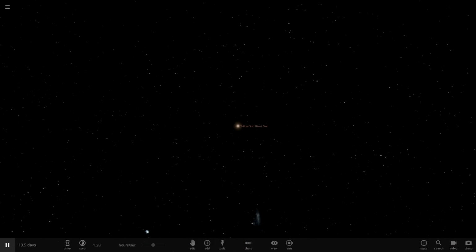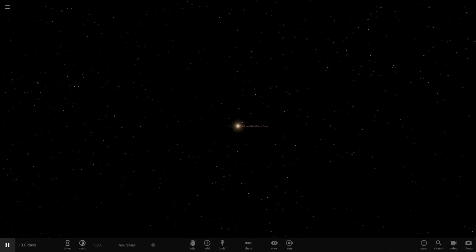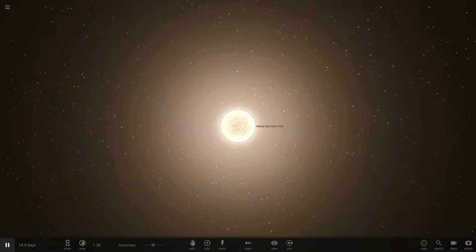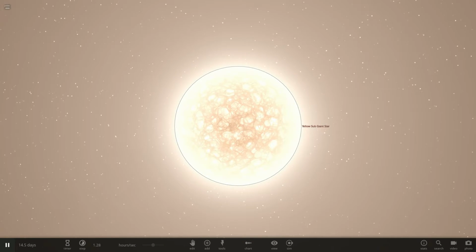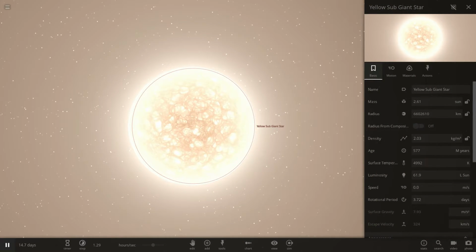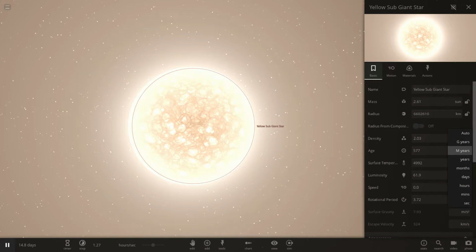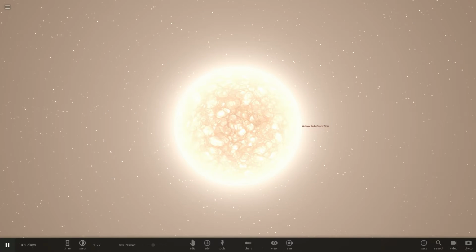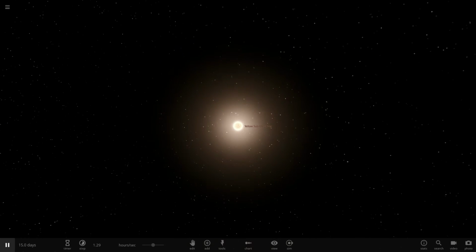So what's a yellow subgiant? A yellow subgiant is basically like a yellow supergiant, but shrunk down to the size of a couple times the radii of the sun. But it is a phenomenally energetic star. Basically it lives fast, dies young. And the average lifespan for this star is